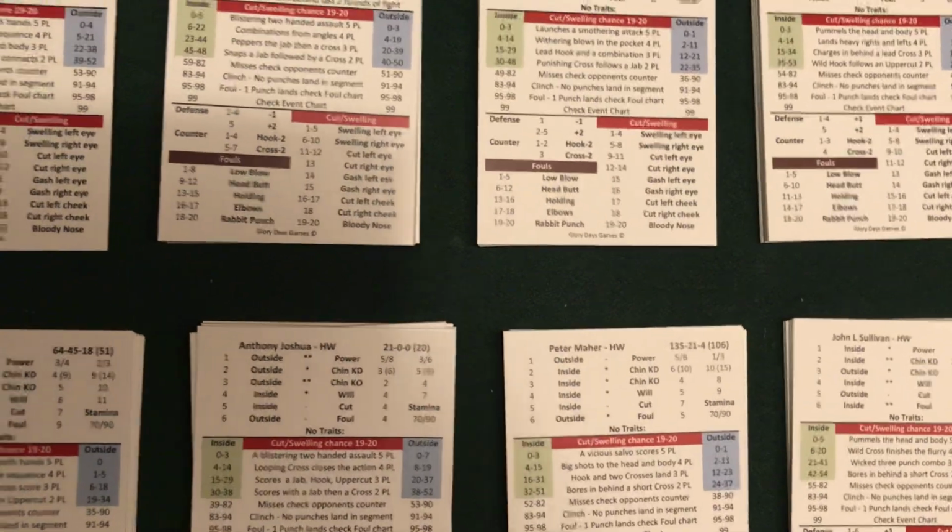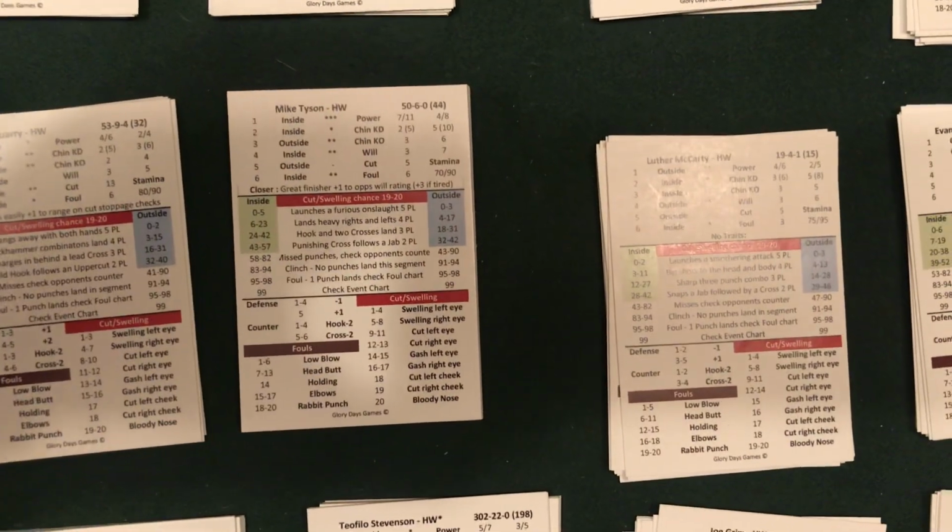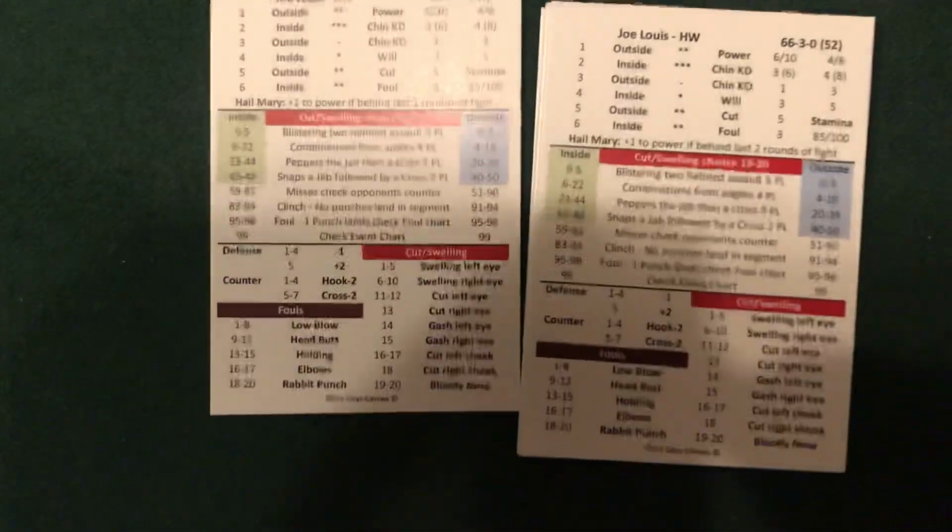And I'm going to find a card that wasn't included in some of the beta versions that we did. Joe Louis, I think, would be a good one to grab. I could find him. There's 100 stacks of cards here on my table. Where's Joe Louis? There he is. All right, so Joe Louis. So again, these are all his cards, but just to look at his card, the traits